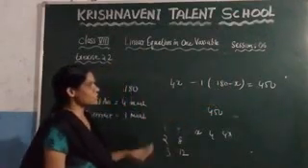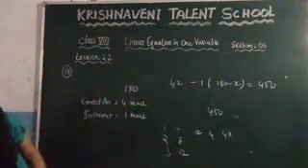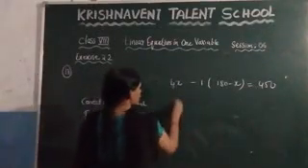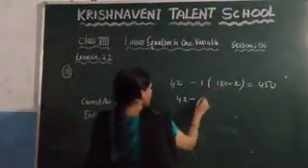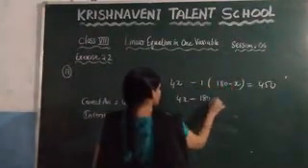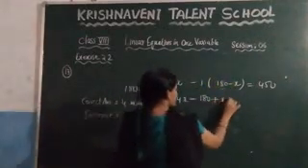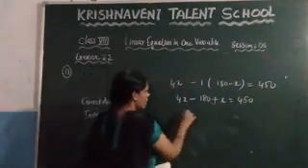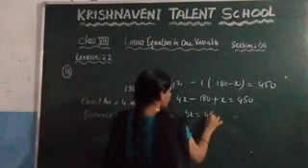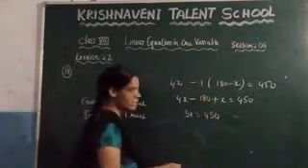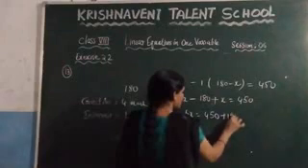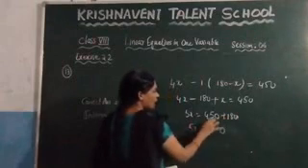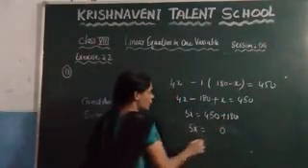Now after calculating this, you get the result as 450. Now you need to solve this. So how do you solve? 4x minus 1 into 180, which is 180, minus into minus is plus, 1 into x is x, which equals 450. Now 4x plus x is 5x, equal to 450. If you take minus 180 to the right hand side, it becomes plus 180. You will get plus 180 here. 5x is equal to 450 plus 180, which is 630.